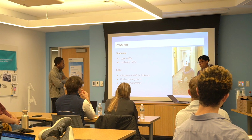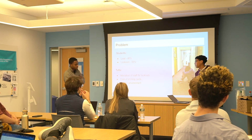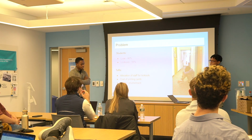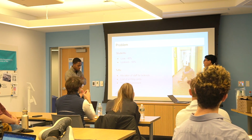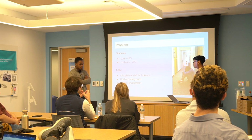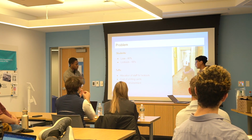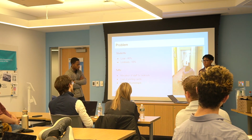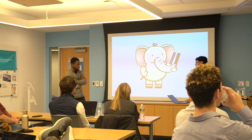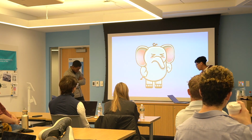Students have reported that 40% of students have lost their IDs at least once throughout their college careers. 55% of students have experienced being locked out of their rooms and needed the help of TUPD to open their dorms. On Tufts' side, Tufts has to allocate resources and extra staff to deal with lockouts. They have to incur the cost of printing new cards and also deal with the environmental burden of plastic consumption and pollution. So we know that our fellow Jumbos are definitely not happy with this, and that's why we created